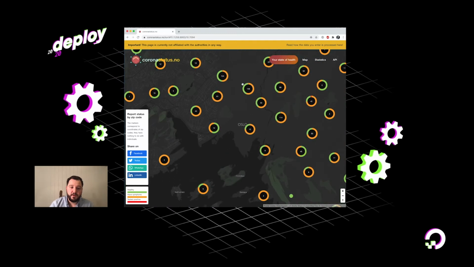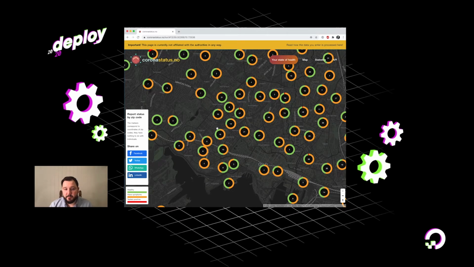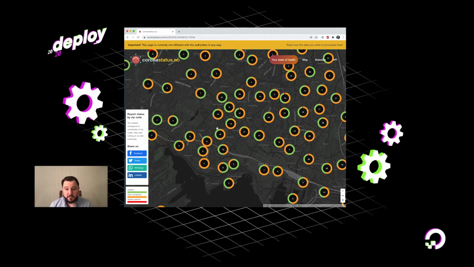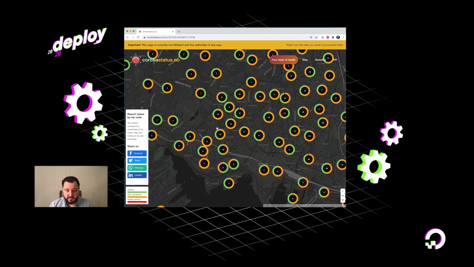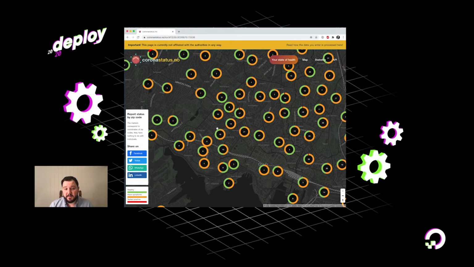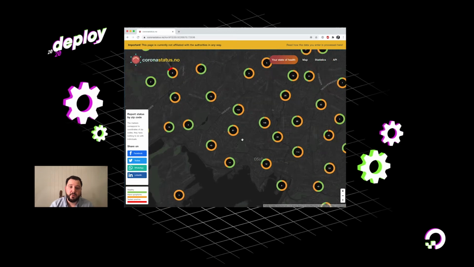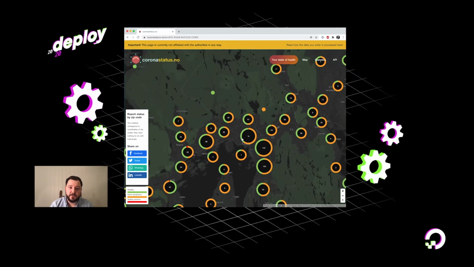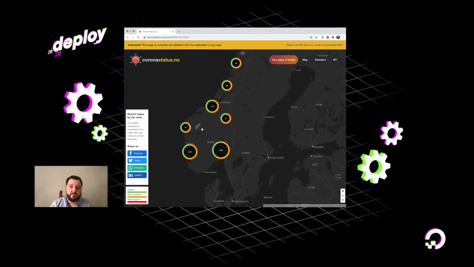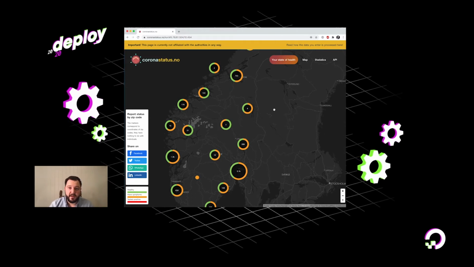So if I zoom in here, I can look at these circles, and these circles, they represent how many have reported that they have symptoms, and the red part of the circle is representing how many have tested positive for COVID, and the green part of the circle are reports that indicate that they are healthy. So this kind of gives you a very rough overview of how COVID-19 is spreading where you live. Now, coronastatus.no will only show you data for Norway, but you're of course free to explore all the other websites that we also have.